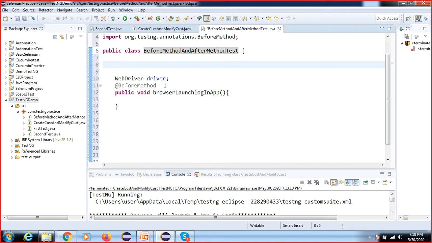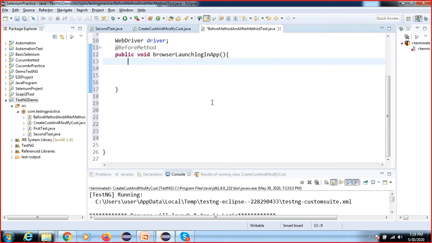Inside this we create multiple page classes. We have a login page, we have a home page. This is the coding standard we need to follow. You can write any class name, no problem. But I have written it as per the coding standard. In this class I'm using the before method, so I have written before method and after method test. That's it.